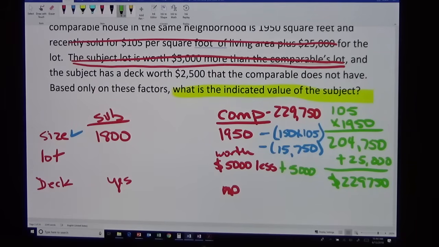And then finally the deck. The subject has a deck, the comp does not, therefore the comp is worse. That means we need to bring the comp up. And it says the value of the deck is $2,500, so it's going to be plus $2,500. And if we go back and we total all that up,